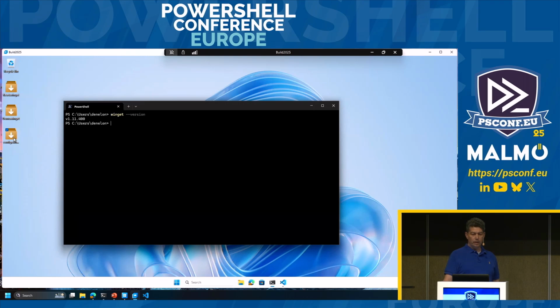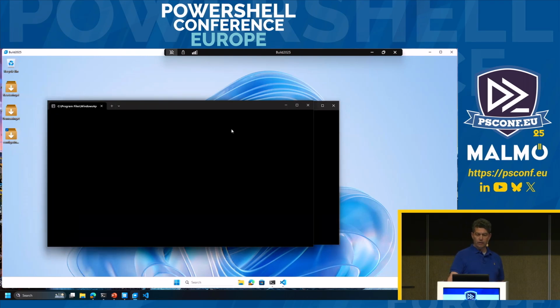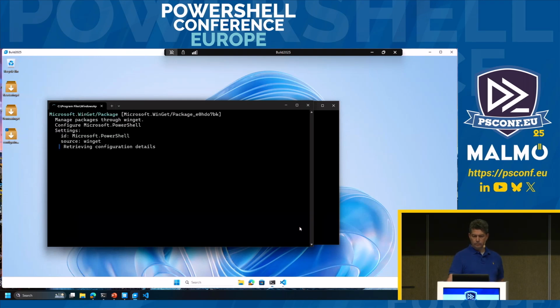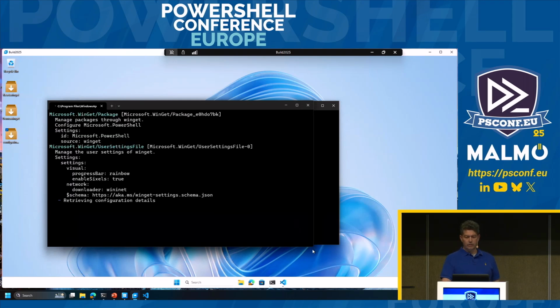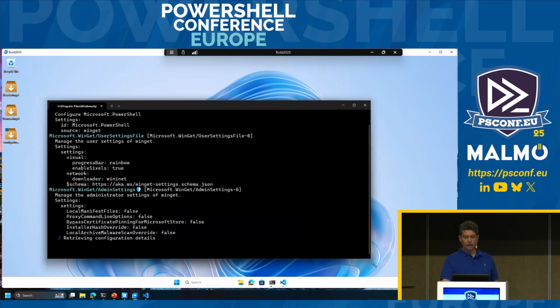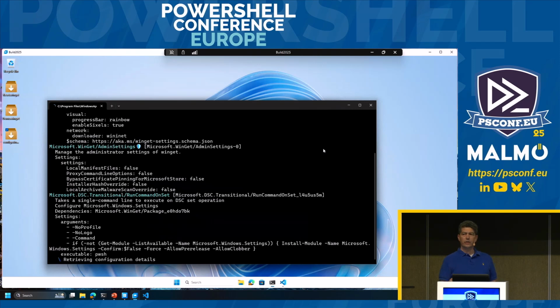So I will now kick off that configuration by double-clicking it the way we saw before. And it's the same process that you typically see. Winget's going to go through and analyze the file, make sure the syntax is valid, start checking to see that everything is there on the system. There's definitely some limitations on the metadata for the schema for the configuration. Right now, there's no way to go grab the resource beforehand to go look and see if the schema is there to be able to validate that there's not a mistake in the metadata.